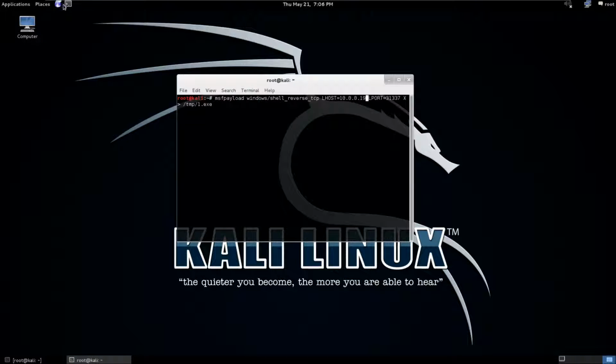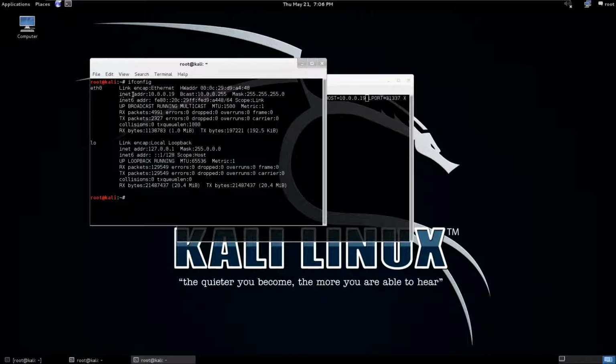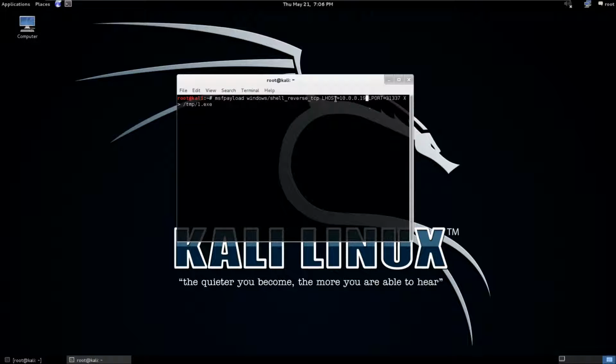In case you're wondering how to do that, you just want to type in ifconfig in a new terminal, and it is this number right here. So that's what I replaced. And then LHOST equals that, and then space LPORT equals, and you just want to put in the port number that you port forwarded on your computer. So mine is 8080,